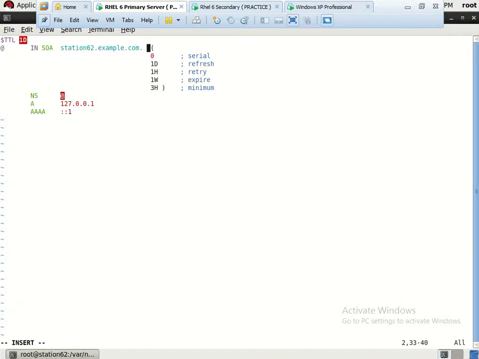And in this section you have to use this option, again station62.example.com. Don't forget to put this trailing period in both these areas, and this is the email address of our admin.